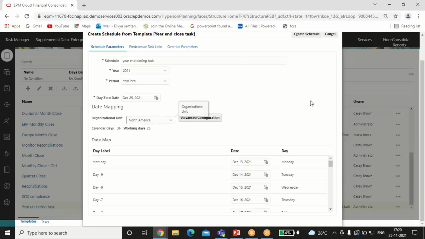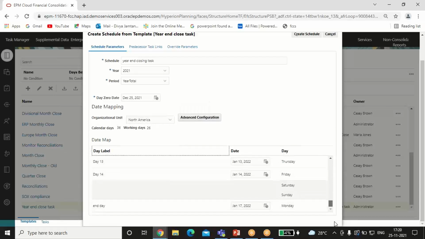So minus 10 denotes December 13. From this day you can start your work, that is the start day, and your end day will be 17th January 22, excluding all the Saturdays and Sundays.